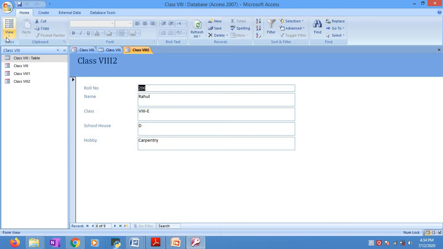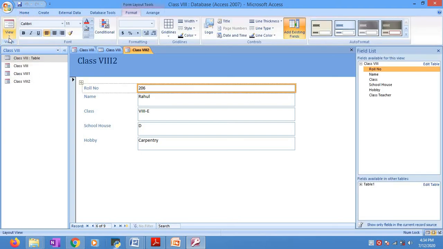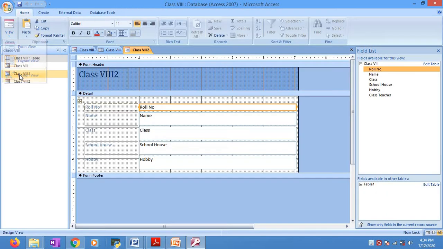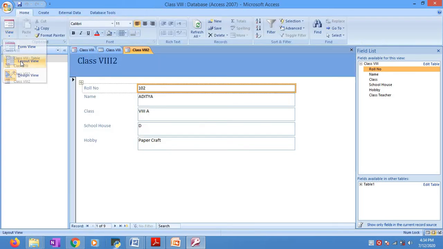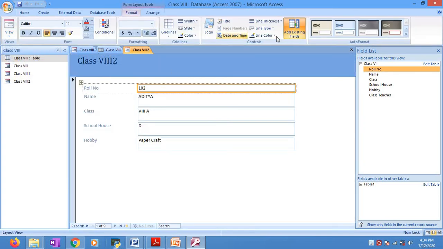So again you go to your form layout, okay, or the design. You want to do a little bit of coloring, so there the font color is there, okay. And again you go to the layout view. Here you will find more options. See, the colors are there.